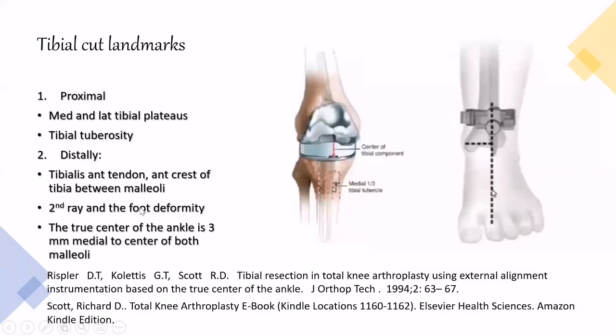orientation line. Distally, the tibialis anterior tendon rather than the shin of the tibia is used, as suggested by Richard Scott and others, that it is not centered exactly on the tibial crest. The center of the ankle is not only between the malleoli, it is off the center, just medially 3 millimeters. So that's why they do not use the second ray of the foot, because if there is any foot